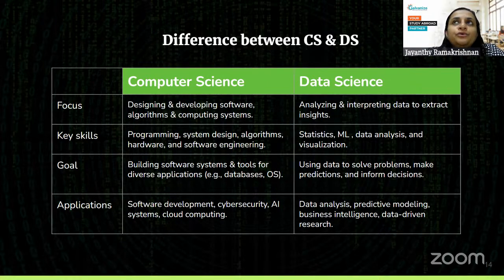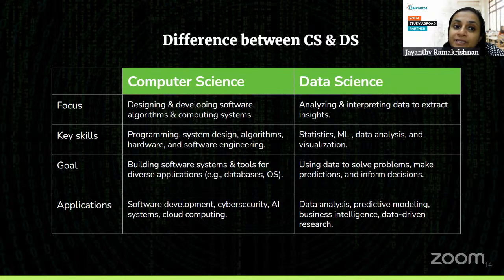So in a way, if you talk to certain experts, they may just tell you that data science is just a fancy name given to the field of statistics, which is true. But here we are applying high-end statistics to the tons of data that we now have access to. Okay, so obviously, if you want to specialize in data science, then your statistics and your math has to be extremely strong. You need to know some of the statistical programming languages that will definitely help you out. Okay, so that is the key difference between computer science and data science.